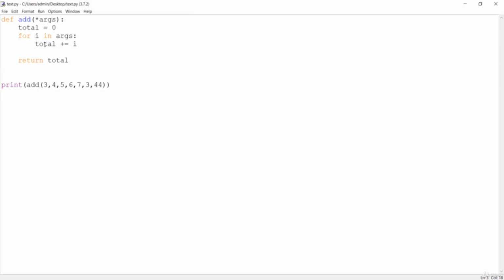So this is the concept of packing the arguments, looping through them and doing the operation inside the loop. This is the important way to pack the arguments, and we'll learn a bunch of concepts in the upcoming lectures about Python. See you in the next